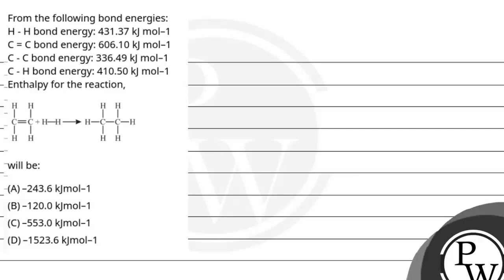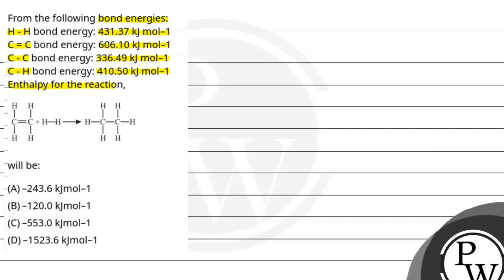The question says, from the following bond energies given. For H single bond H, the bond energy is 431.37 kilojoule per mole. For carbon double bond carbon, the bond energy is 606.10 kilojoule per mole. Carbon single bond carbon, the bond energy is 336.49 kilojoule per mole. Carbon single bond hydrogen, the bond energy is 410.50 kilojoule per mole. So using these bond energies, we are asked to calculate enthalpy for the reaction, which is